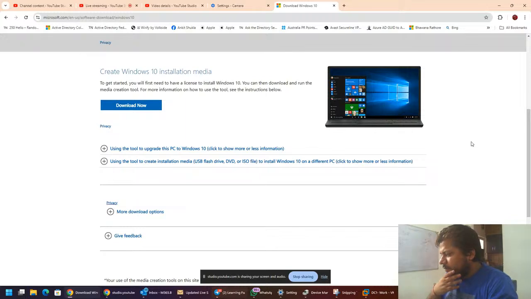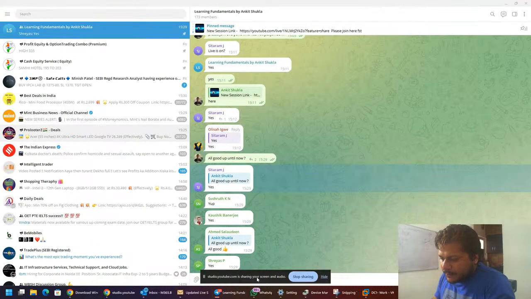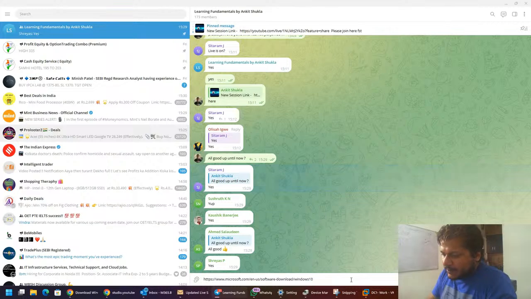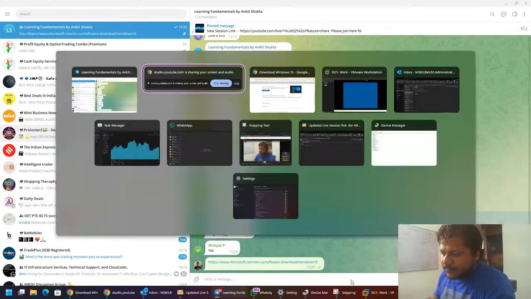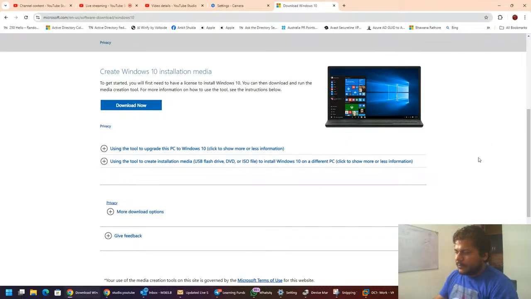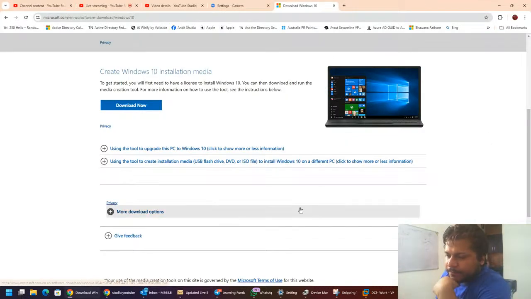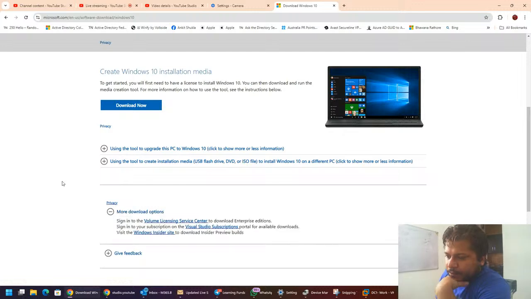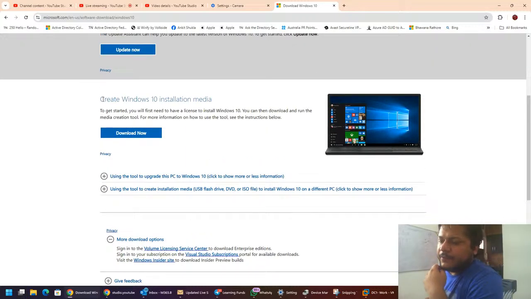Now select this option over here. The link I have given in the chat will open this page for you, the Windows installation media. You need to click on create Windows 10 installation media.